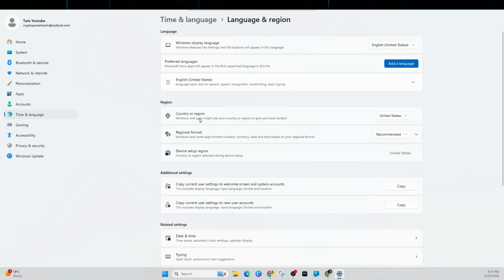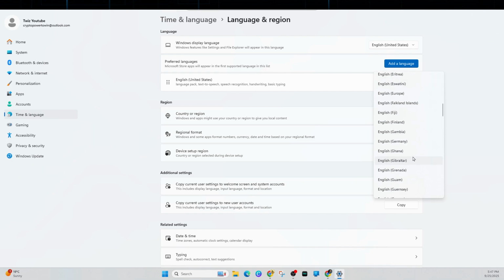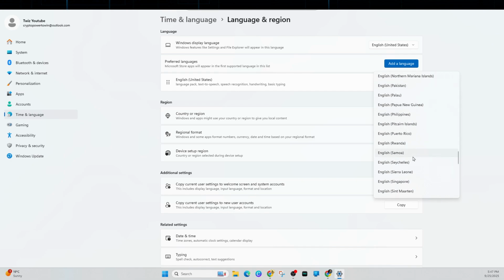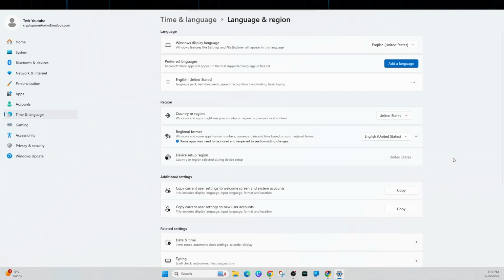Now under region, where it says country or region, make sure that is set to United States. So if it isn't, go ahead and click the drop down and click on United States. And then from here, where it says recommended, make sure that is English United States. Also scroll down, look for United States. So it'll kind of be near the bottom. There it is there. And then simply exit out of this, and this should